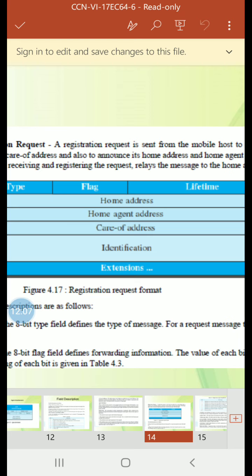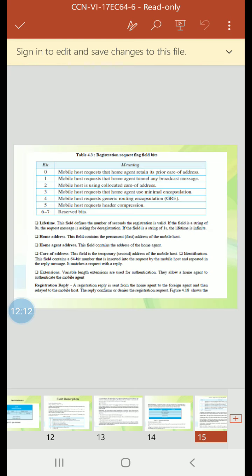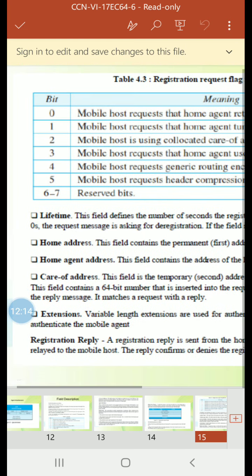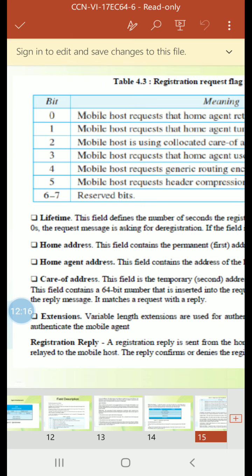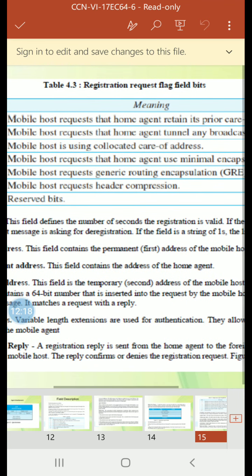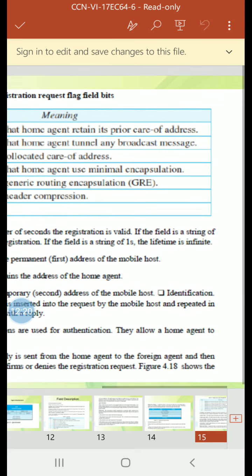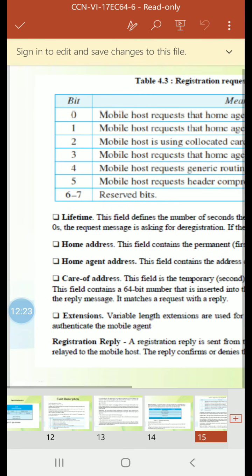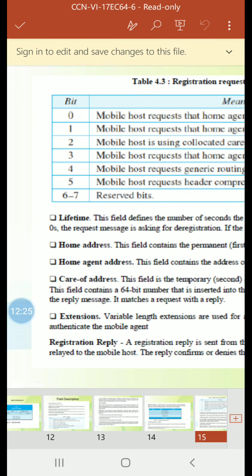It matches a request with a reply. Next we'll see about extension. Extension: these variable length extensions are used for authentication. They allow a home agent to authenticate the mobile agent.